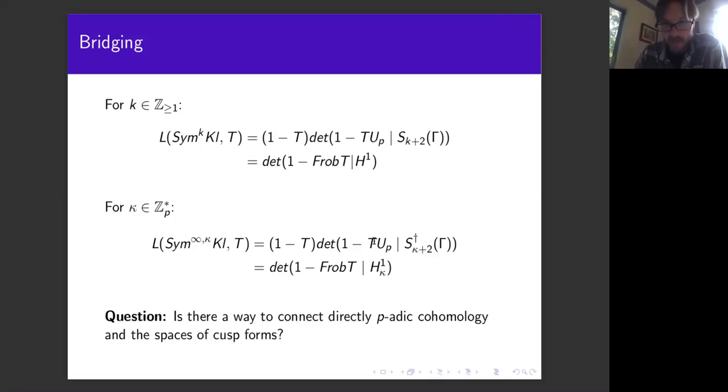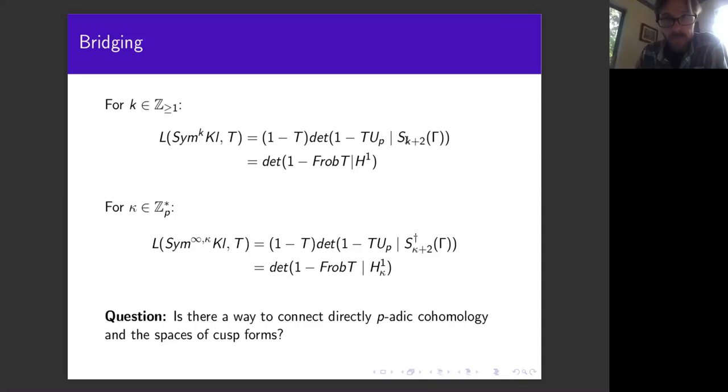We have the Hecke polynomial again, or Hecke series in this case, and it's equal to again a Frobenius acting on a p-adic cohomology space. And this is actually where I started this project in the first place. I understand these cohomology spaces very well, but I could not understand whatsoever how these p-adic cohomology spaces would produce